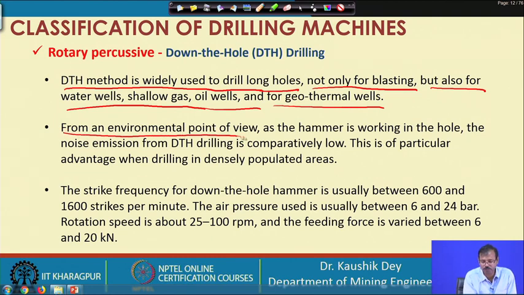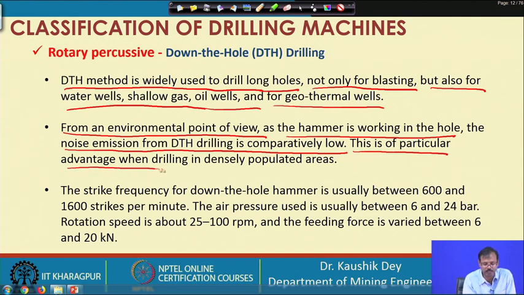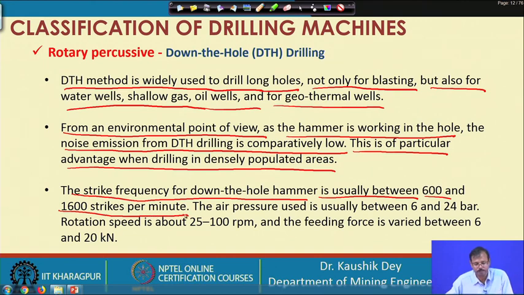From an environmental point of view, the hammer is working in the hole, so the noise emission is comparatively low if you compare it with the top hammer drill. This is a particular advantage for the down the hole hammer, especially when the drilling is carried out in close proximity of the populated area. The strike frequency for down the hole hammer is usually kept between 600 to 1600 strikes per minute, and the air pressure used is between 6 to 24 bar,